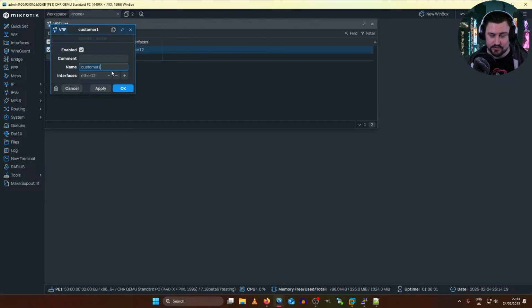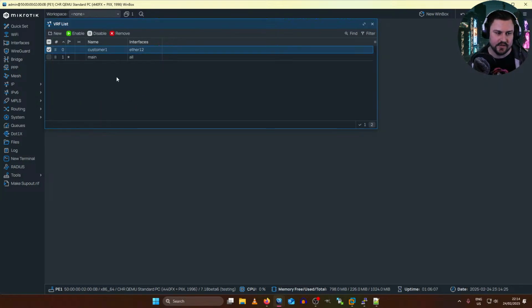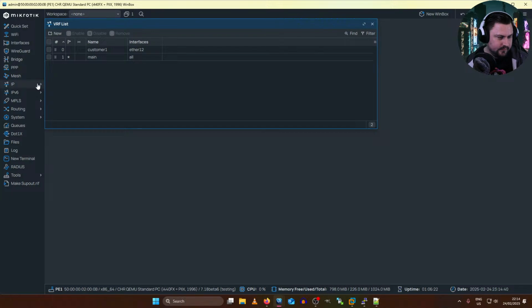And the cool thing is you can do it with VLANs as well. It doesn't just need to be a physical interface. You can put a VLAN interface in a VRF. So if you had something like an aggregated interface with multiple VLANs for separate customers, you could separate the customers still on a VLAN level inside different VRFs, which is really useful. So we've got our VRF set.